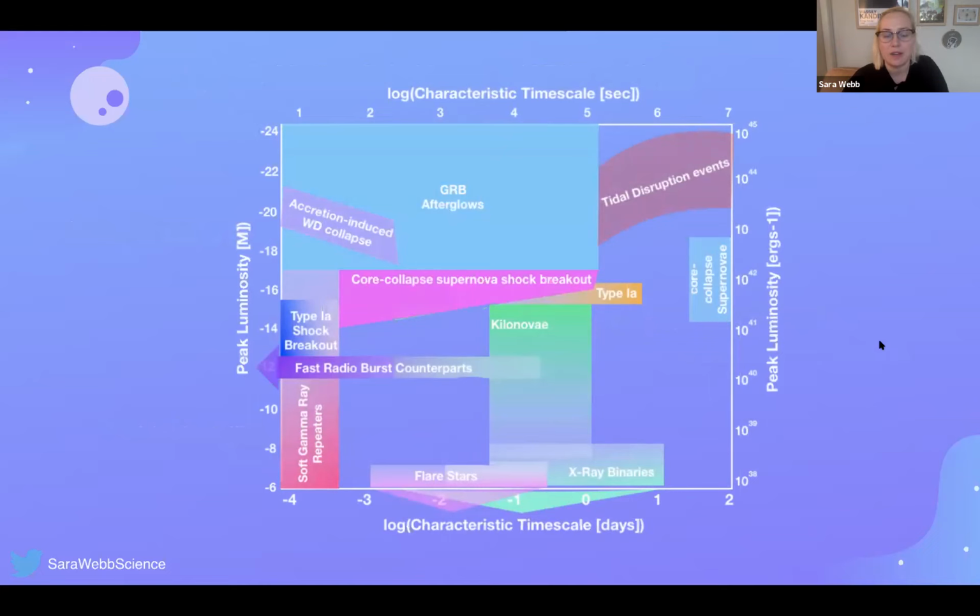This is a luminosity phase space diagram, and all you really need to look at is that where we have the shortest events that we're trying to chase up in the transient universe, again, GRB afterglows, kilonova, core collapse breakout, our flare stars exist within that time frame of being able to be a transient in this space. And although the magnitudes are very different, when you might only have 1 or 2 data points, it is very hard to distinguish whether something is a true extragalactic transient event, or